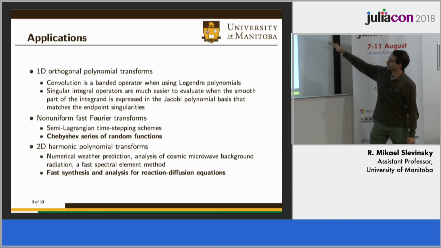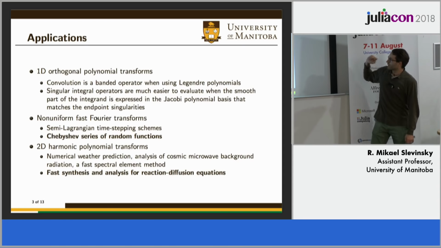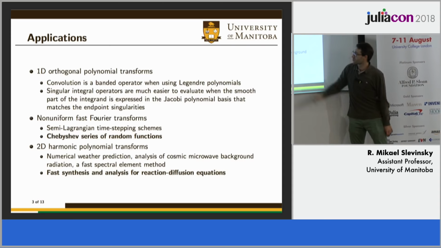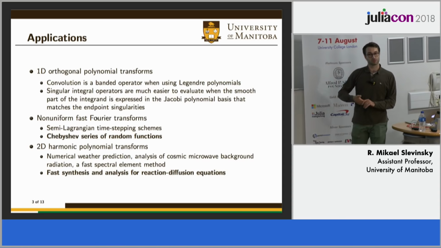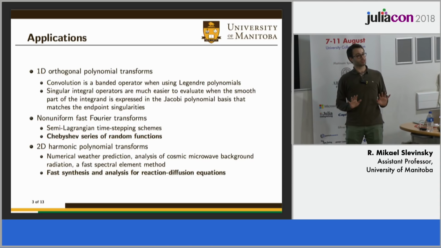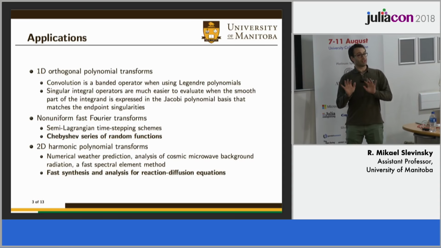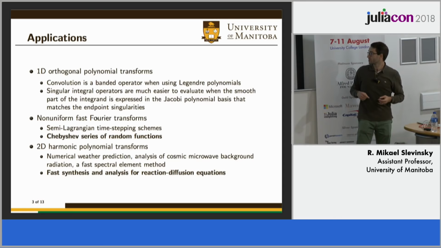But essentially, when you work with the right Jacobi weighted polynomials. Okay, non-uniform fast Fourier transforms. So one reason you might use this is a semi-Lagrangian time-stepping scheme for advection. What you do is you just imagine a bunch of particles on an equispaced grid. You just sort of move them along where the characteristics want to take them. And then you take that information, you propagate it backwards, and then you use that